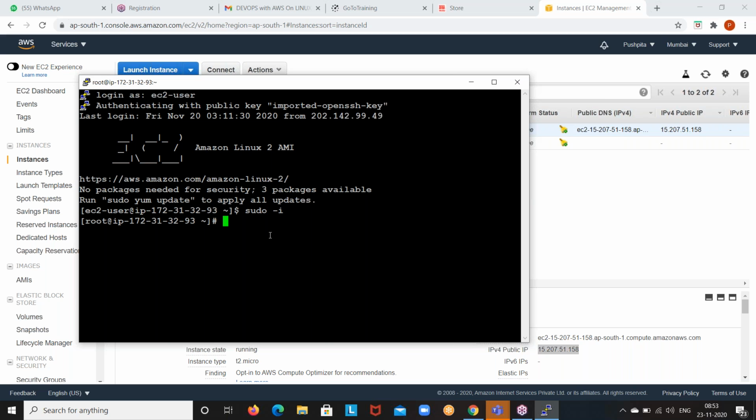So simple, the touch command. Okay, if an already existing file is there and you do touch, it will simply change the timestamp. That's it. Timestamp means when that file got modified. That is called the timestamp. Okay, so go to the TMP folder now. cd /tmp. To open any folder, what do we use, guys? cd is the command, /tmp.